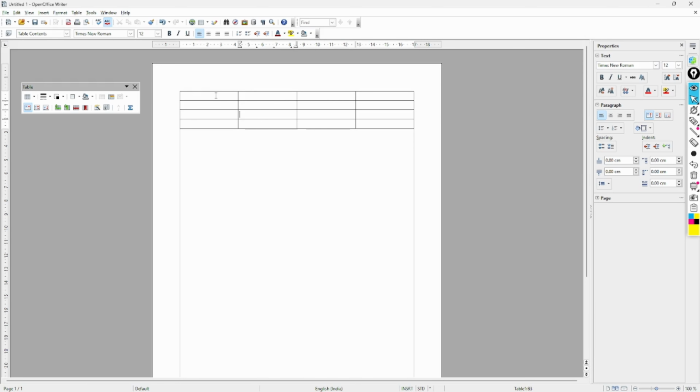Now there is one more thing, one more key to navigate. Which key? Tab key. Do you know the tab key? Where is it located? The third key. The first key is escape, then the second key is called tilde, and the third key is the tab key, which is above the caps lock key, correct? With the help of the tab key also we can navigate.